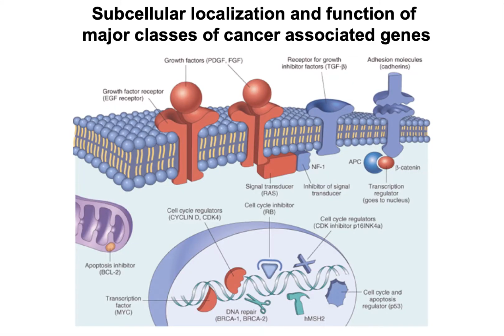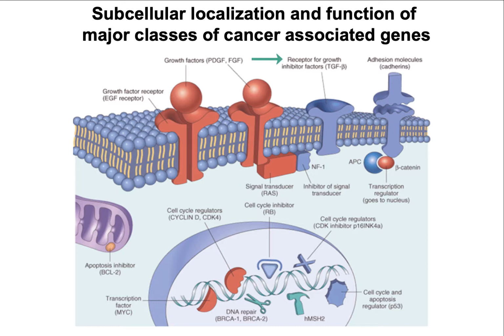This is a diagram showing some of the major molecules involved in carcinogenesis. So you can have growth factors such as these up here, and the growth factor receptors down here, and then signal transduction is a major cause of some of the loss of contact inhibition in cancer cells. So if you can't get the signal recognized, then the cell sort of goes out of control.